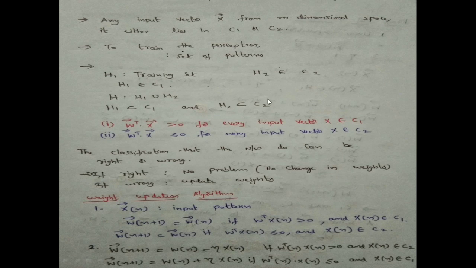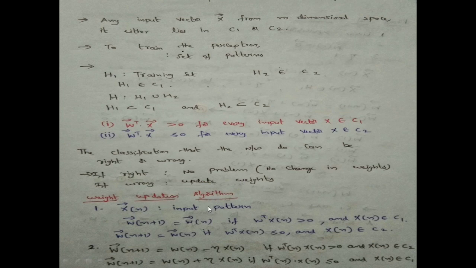So let us consider another case where we take the input pattern from the class H2. Obviously this pattern belongs to class C2, so actually the W transpose X value must be less than or equal to 0. But if you take a pattern from H2 which belongs to C2, and its W transpose X value is greater than 0, obviously it is wrong. So at this moment we need the updation of weights. For this reason we will see the weight updation algorithm,